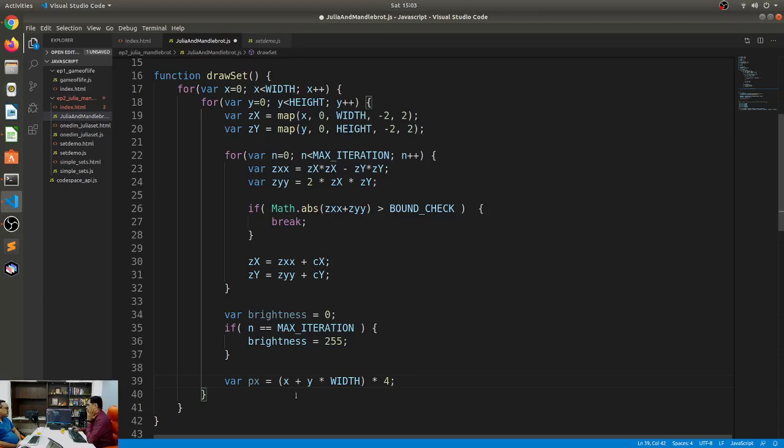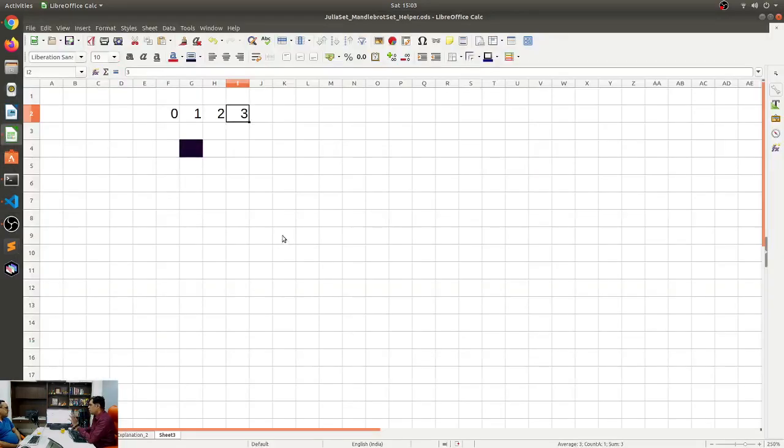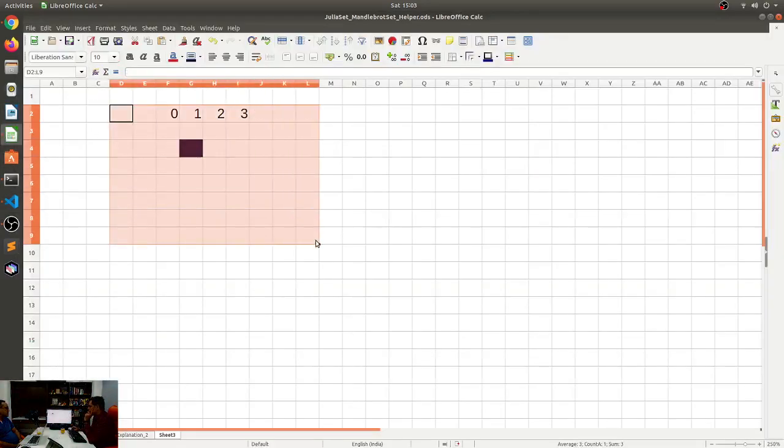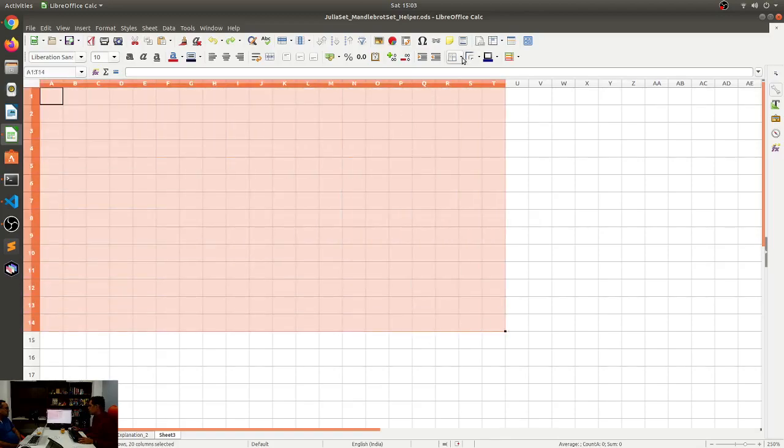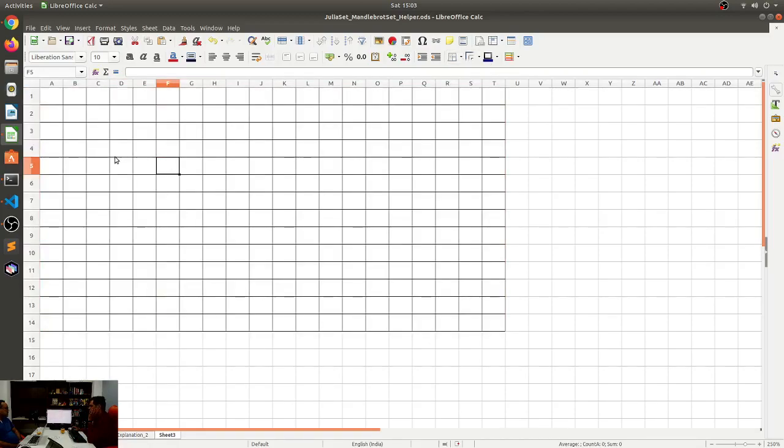All right. Do you want to make sense of this one in an Excel sheet and how this works? All right, I'm going to give it a shot. Let's see. I'll remove everything. Let's say I have this grid. This is on the x-axis and this is on the y-axis. So this is 0 and this is 1.